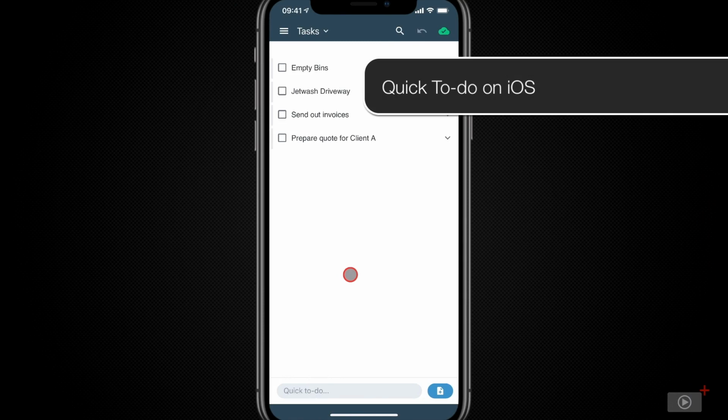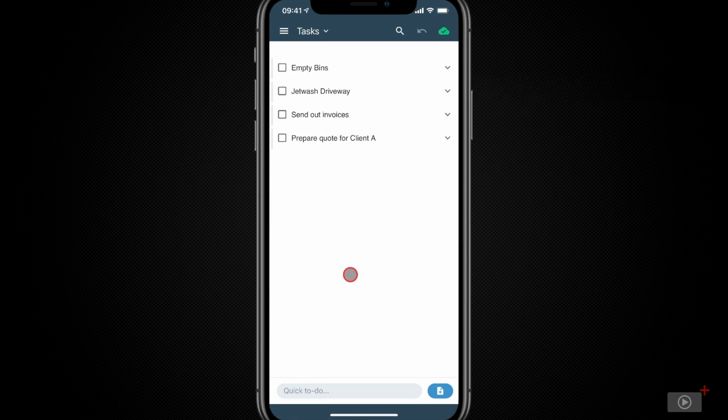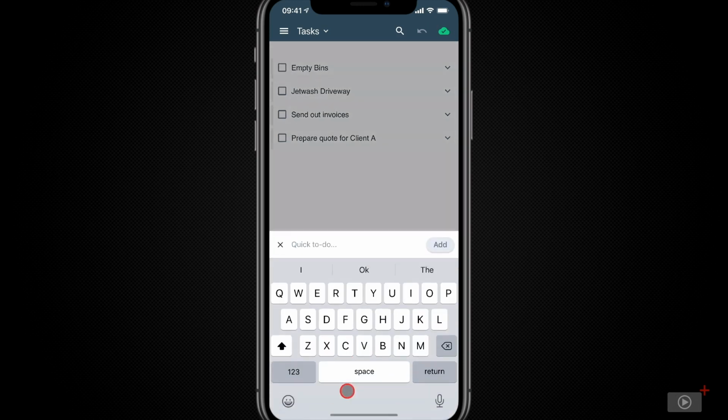Onto the iOS version of Amplenote now, and there is actually a quick way to be able to get your tasks into Amplenote here. And we can see that I'm in the tasks section, and it's the same account as I'm using on the Mac, so it's synced across nicely as denoted by this cloud icon up here. And at the bottom, we have a quick to-do field, which when I click, allows me to enter the name